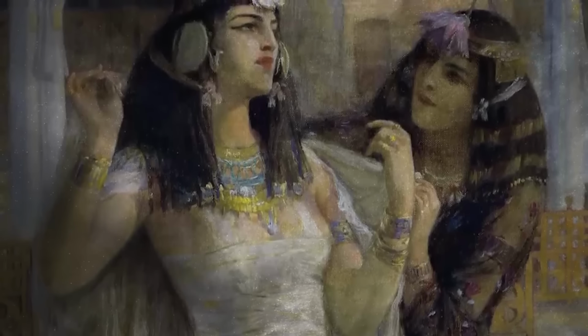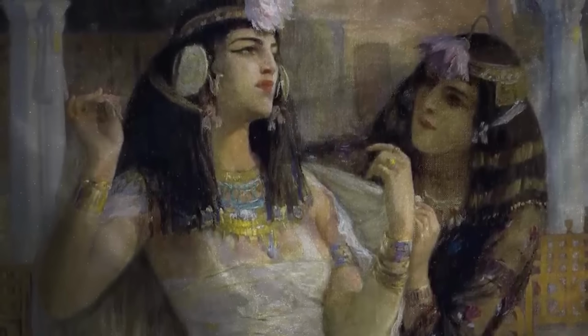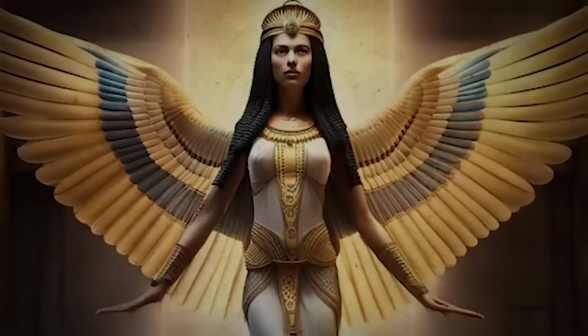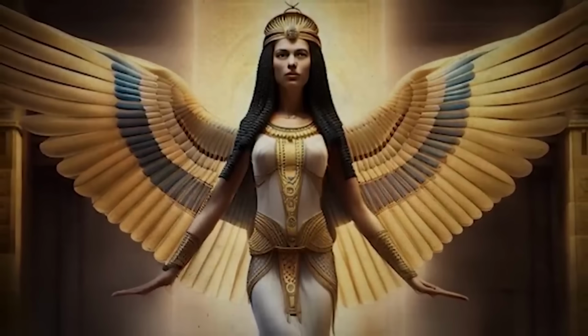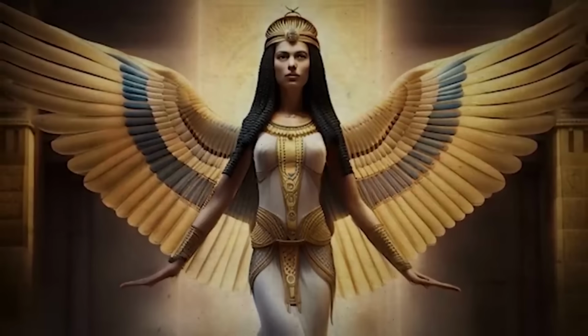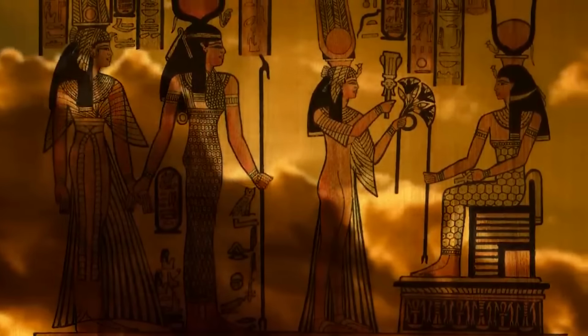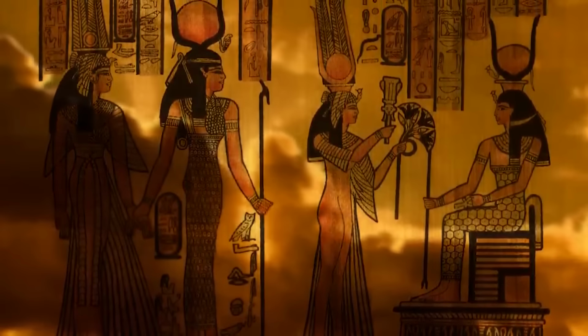Cleopatra's reign was characterized by a remarkable blend of Egyptian and Hellenistic cultures. She embraced Egyptian customs and religious practices, presenting herself as the reincarnation of the goddess Isis, while also maintaining strong connections to her Greek heritage. This cultural syncretism was reflected in the art, architecture, and religious ceremonies of her time, creating a unique and vibrant